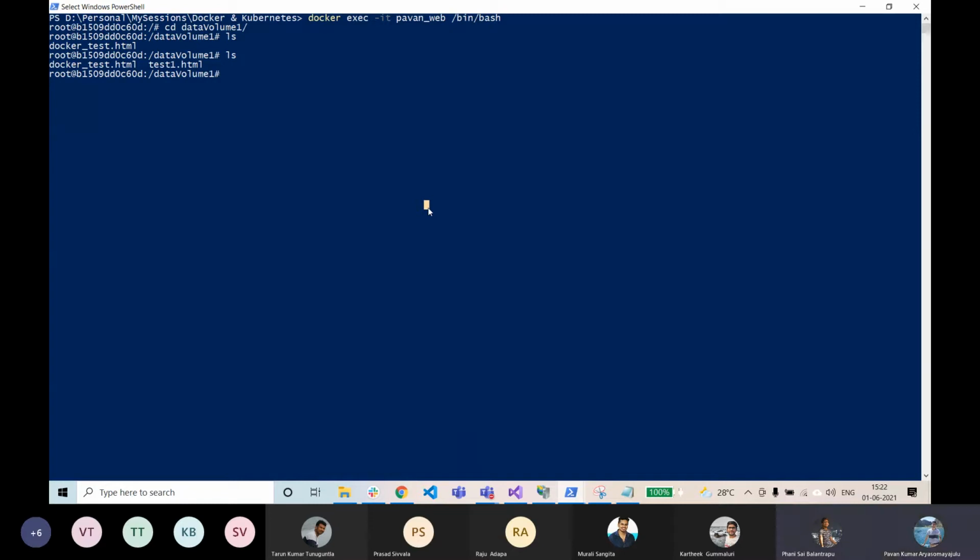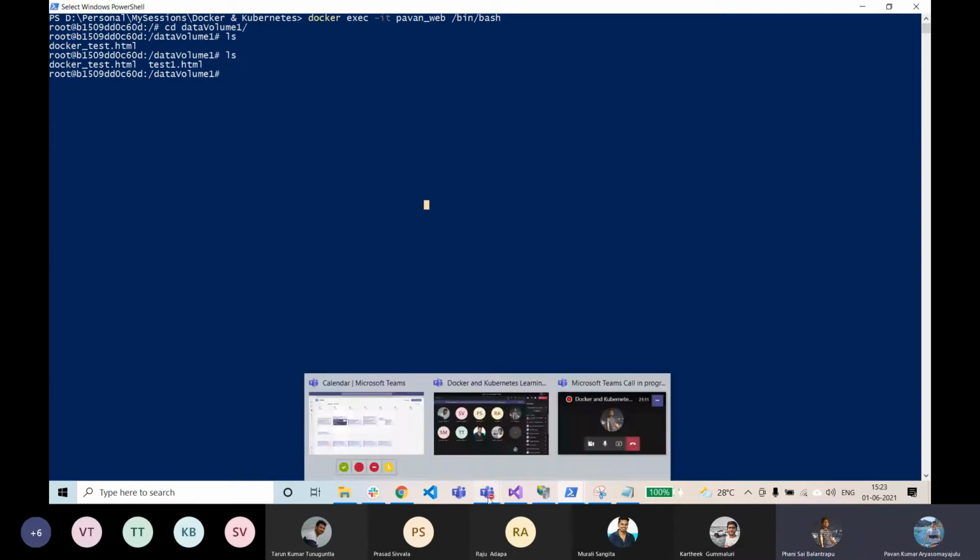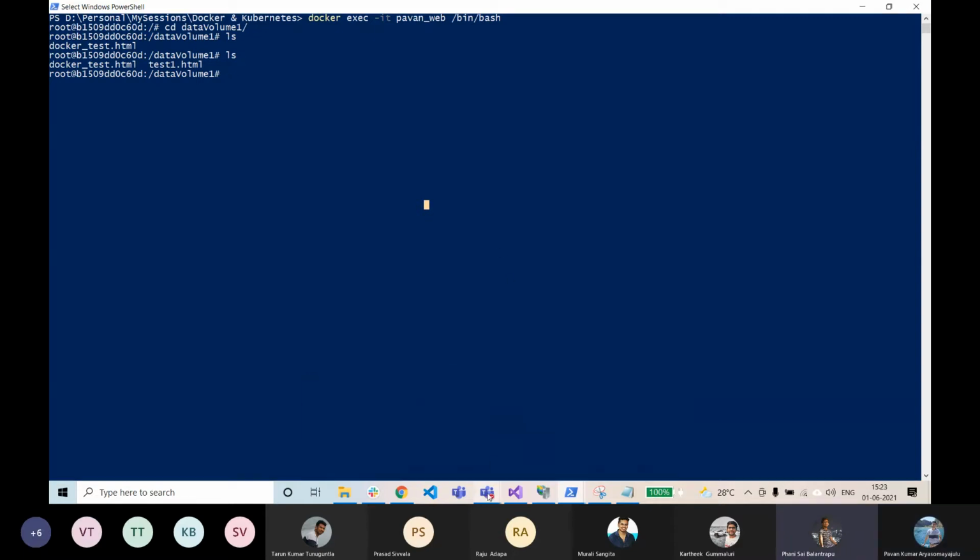Or do you think why do we need this process? So, Pawan, will this volume be persisted if we delete the containers? Yeah, so let's actually see that.